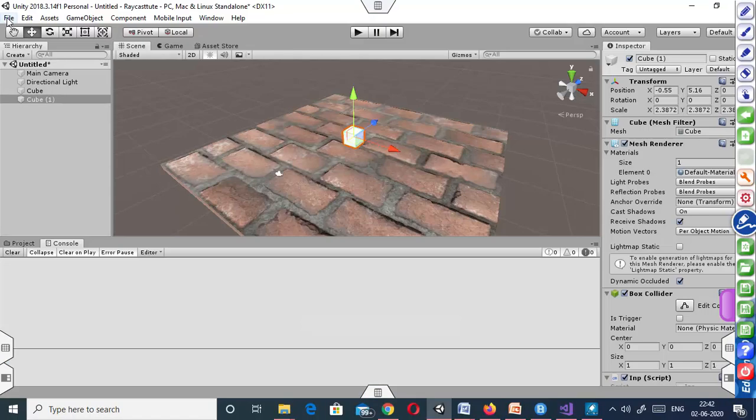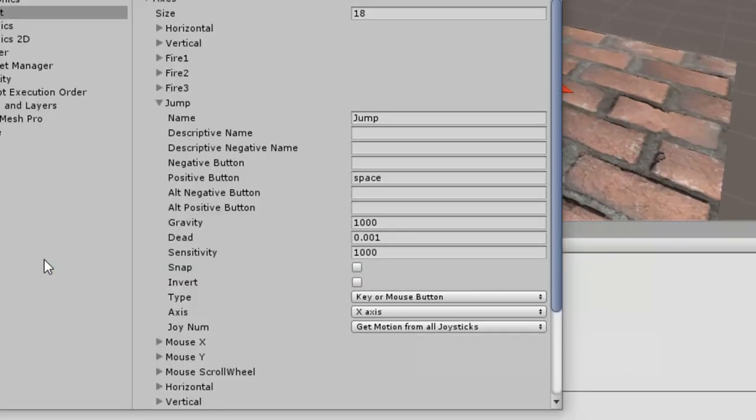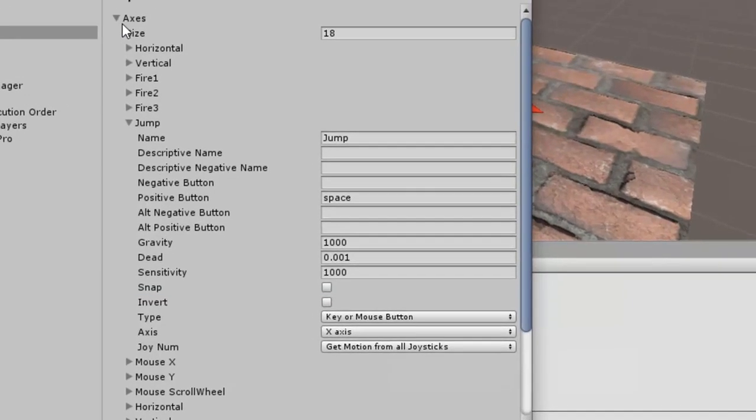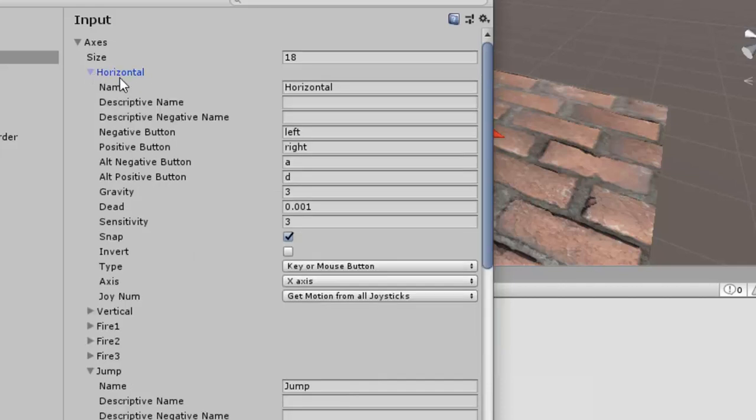For example, as I have already told you, in Project Settings and in Input we can see here it's written Axes. So GetAxis can take any of the strings mentioned here. For example, here you can see that Horizontal is written, and in case of horizontal we can use two buttons, left arrow and right arrow, in order to provide movement to any object.